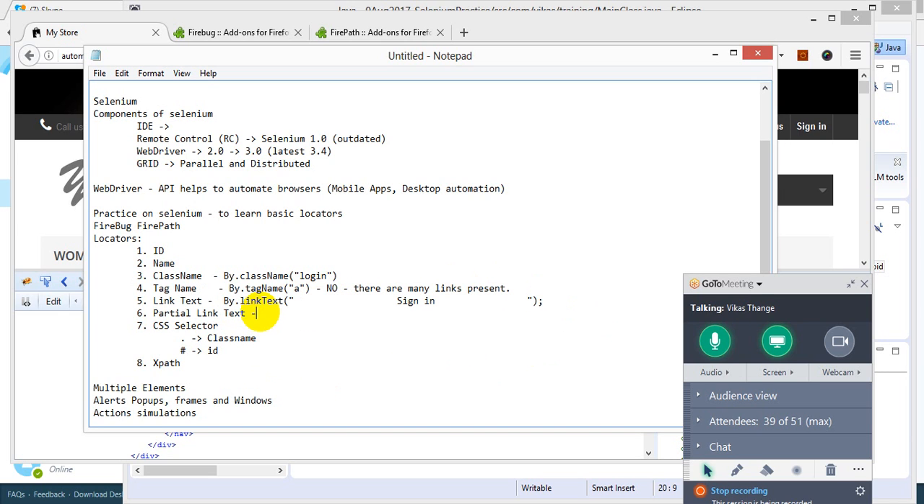But the next locator is partial link text. That gives me a freedom. There I will write By dot partial, p should be small,